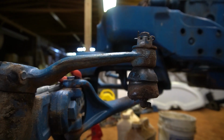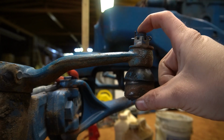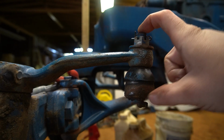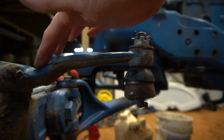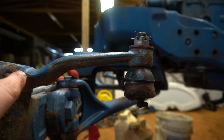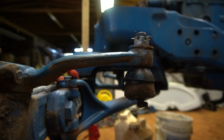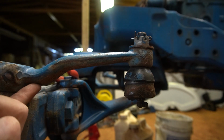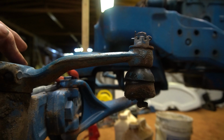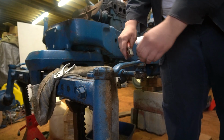My next step is going to be getting this tie rod out. And once this guy's off, we'll go ahead and take this steering arm off, which is this bolt right here. It's just another pinch bolt. Once that bolt's out, we should be able to pull up this arm, take the keyway out, and then our actual spindle will come out of the knee. So first things first,